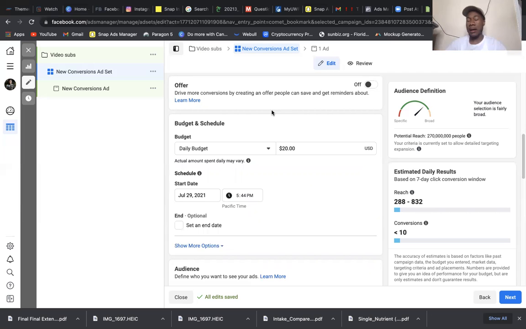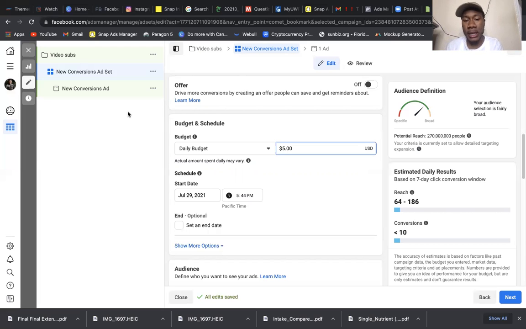So for each ad set, I recommend doing 2 ads per ad set. I'm going to show you guys how to duplicate the ad sets to create 2 ads. But basically what I recommend doing is setting this ad at $5 a day. This is for people who don't have a large budget starting out. I recommend doing your ad sets at $5 a day, and then you create about 5 different ad sets, and basically that's holding your budgets.